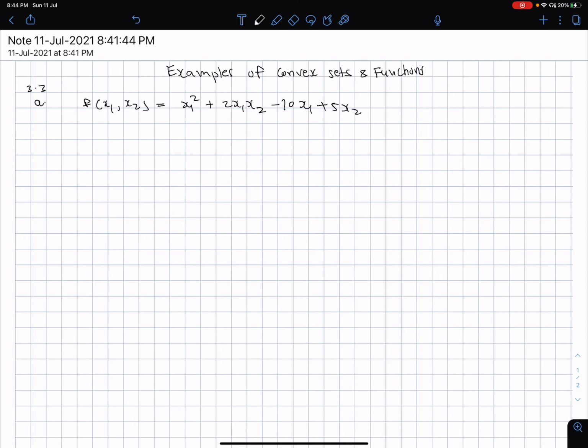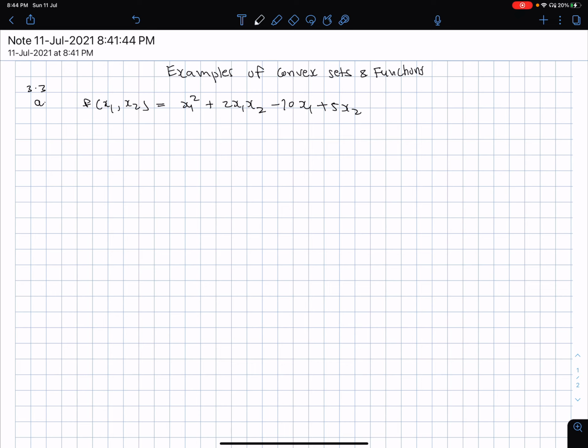Right, welcome back. So let's take up a tutorial today on convex sets and functions. For convex functions, we will determine the convexity either using the positive definiteness property or rather the positive semi-definiteness property or the basic definition.